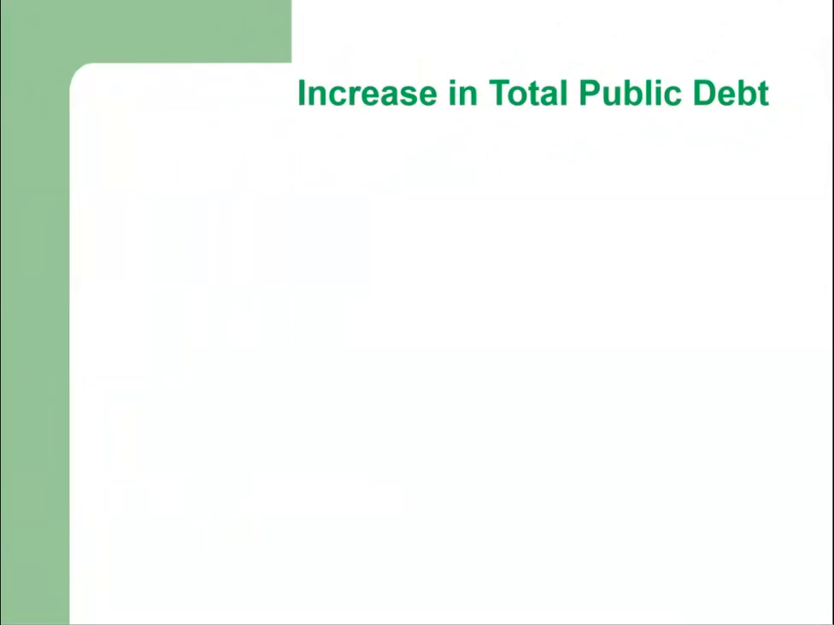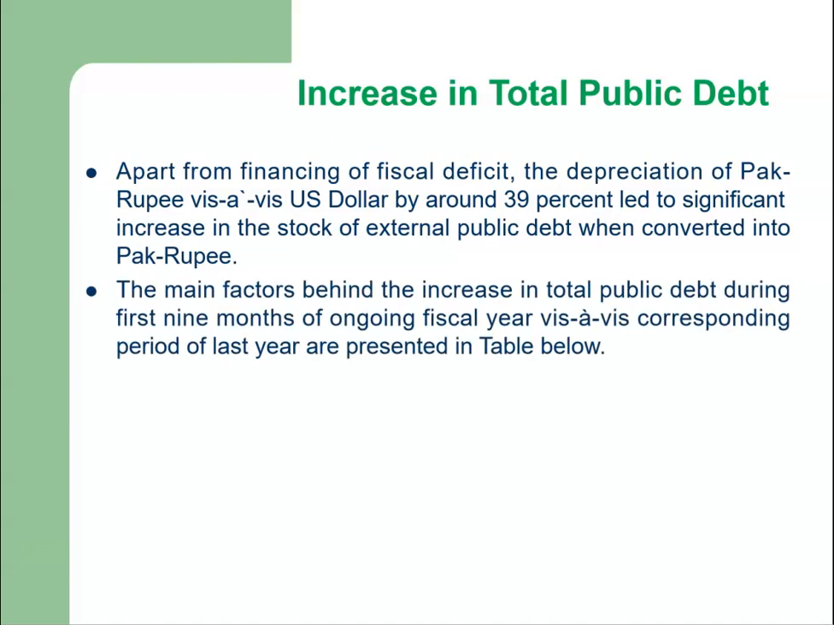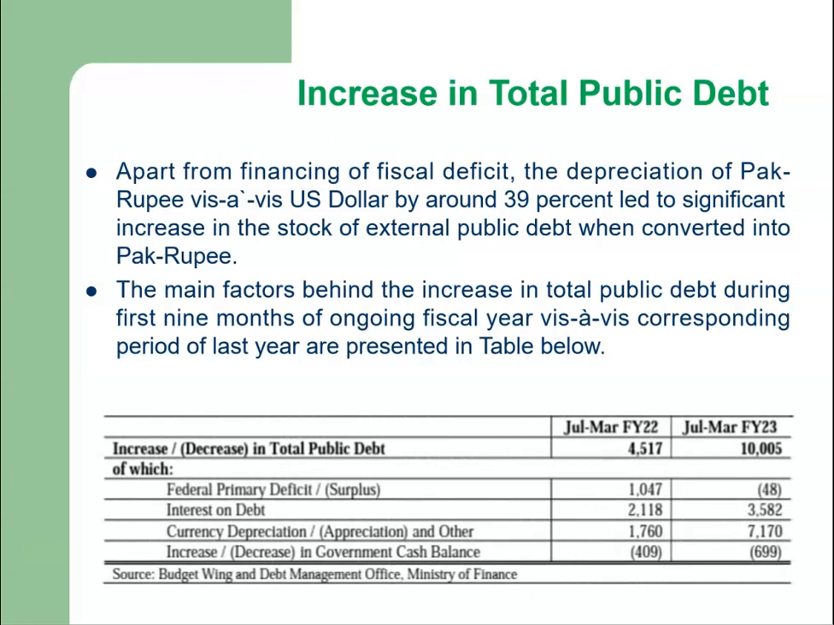A question is why there has been increase in total public debt. Now there are a number of reasons. Apart from financing of fiscal deficit, the depreciation of Pakistani rupees vis-a-vis US dollar by around 35% led to a significant increase in the stock of external public debt when converted into Pakistani rupees. The main factors behind the increase in total debt during the first 9 months of the ongoing fiscal year vis-a-vis corresponding period of last year are presented in the following table, and we can see that